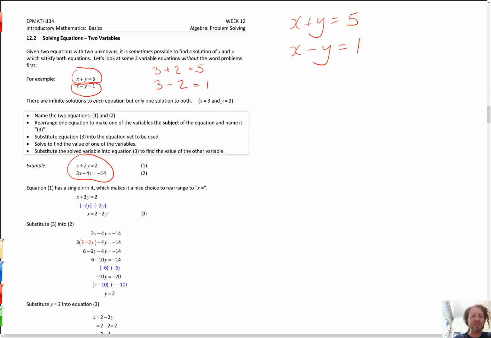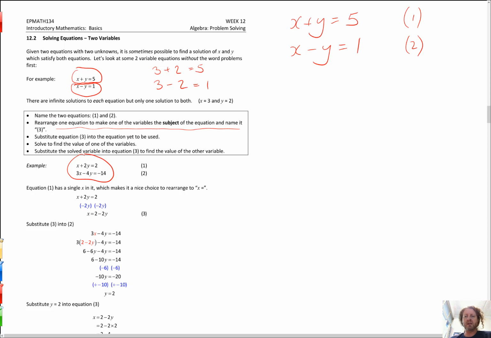Now it says first, name the two equations 1 and 2. Alright, you can be a 1 and you can be a 2. That's just so I can refer to them. Just makes life easier, I find. Now it says rearrange one equation to make one of the variables the subject of the equation and name it